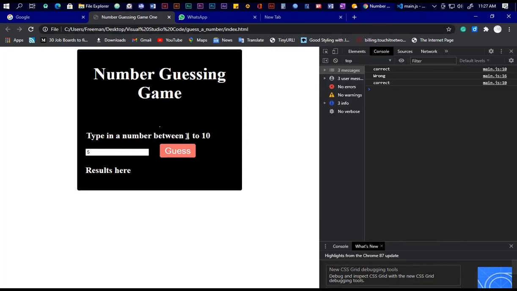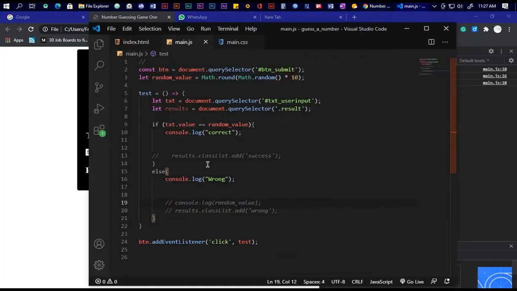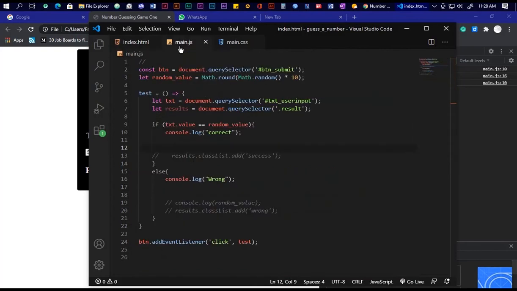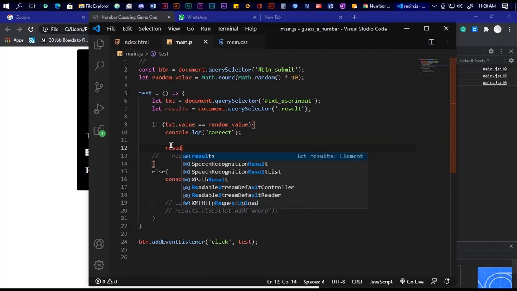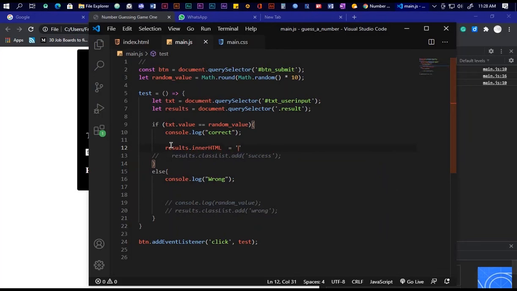So then now we need to take this and put it just here, and then the program will be fine for today. So what we're going to do is go into here, then use the results, which is this paragraph here, the results paragraph, and then we're going to use it here and say results dot inner HTML or inner text. But today we're going to use inner HTML, and then here we're just going to say correct,